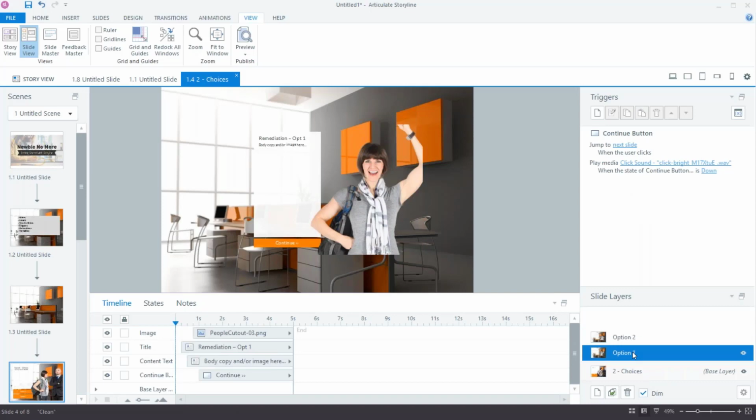So there's slides and then there's layers, and in terms of what you can put on them, they're pretty much identical in how they function and what you can do with them. There are a few things that you can't do with a layer, like I can't call a light box from a layer. I have to call a light box from a slide, and a light box is something a little different that I'll go into a little bit later in this presentation.